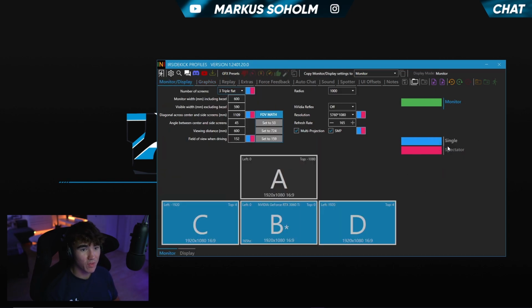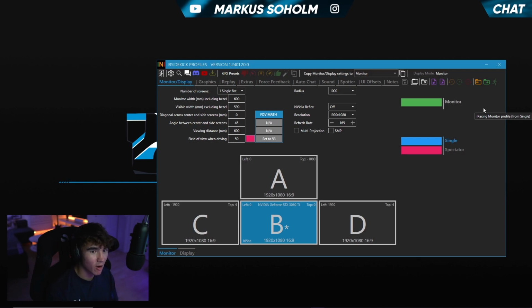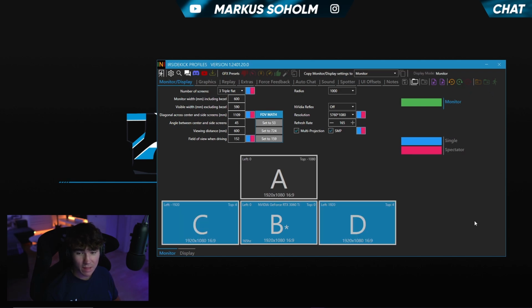So literally with that one click, I go over here, press this, and then press this button up here, apply to iRacing. With that one click, I can go from having my iRacing on triple screen to single screen, or back to the opposite. So back to triple screen right here, I just press that, back it up, it's applied to iRacing, and then I'm back to driving. It's literally the most time-saving thing I've encountered in iRacing, because otherwise you have to go into the renderer files and change your resolution